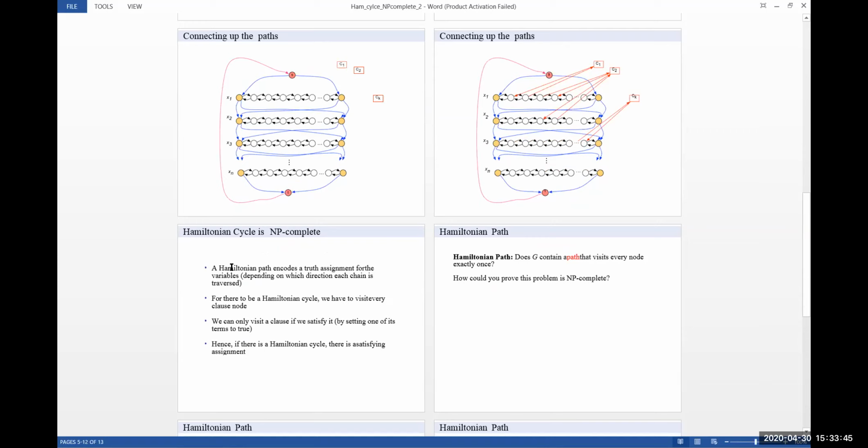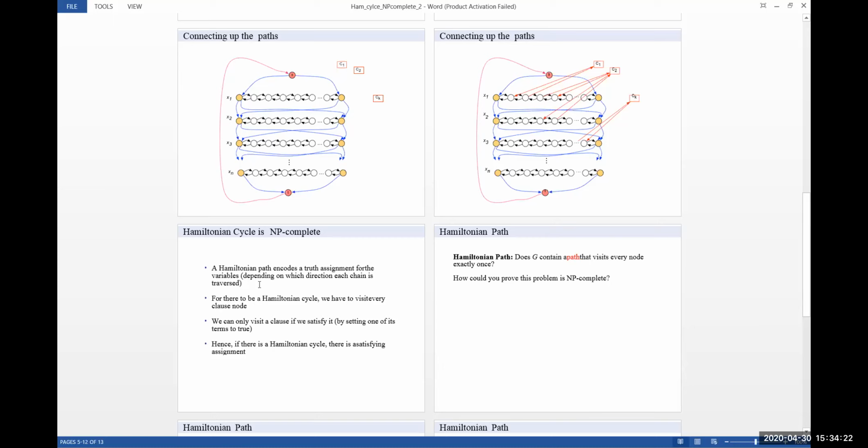Okay, and then the Hamiltonian path encodes a truth assignment for the variables. Now you just take x1, x2, x3, x4, etc., up to xn. Okay, so each and everything is a node on your graph. Now assign every variable as either true or false, such that you finally reach T as true or not. If you are reaching T as true with the assignment of x1 as true, x2 as false, x3 as true and xn as true, in that case we can tell that it is satisfiable. So if it is satisfiable, then that was the path which is leading to the Hamiltonian cycle. Okay, so that has been expressed here.